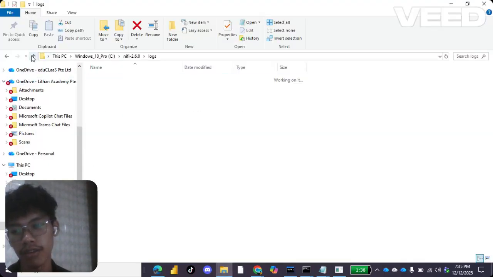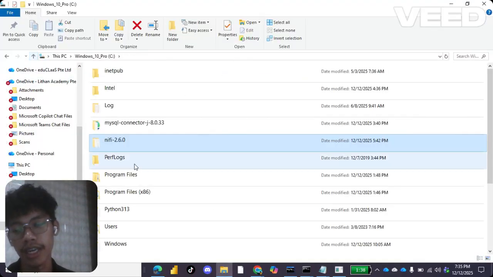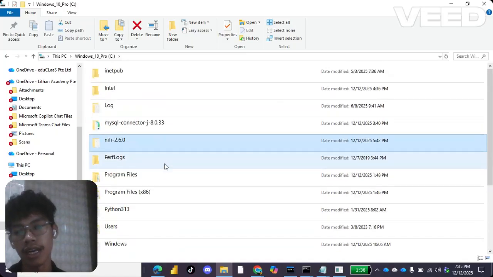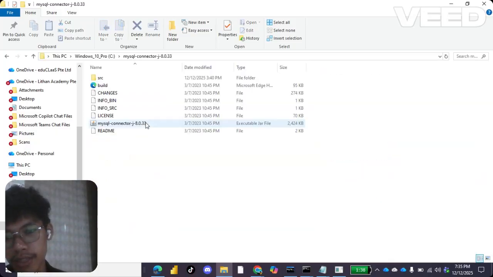For the database driver location, we need to download the MySQL jar file. Extract it in the location, go to the MySQL folder, and copy that file.